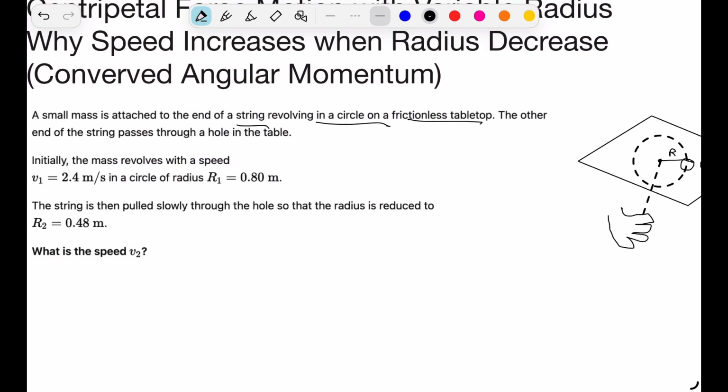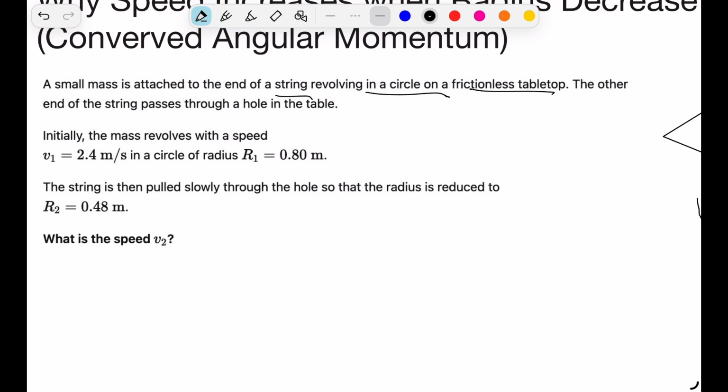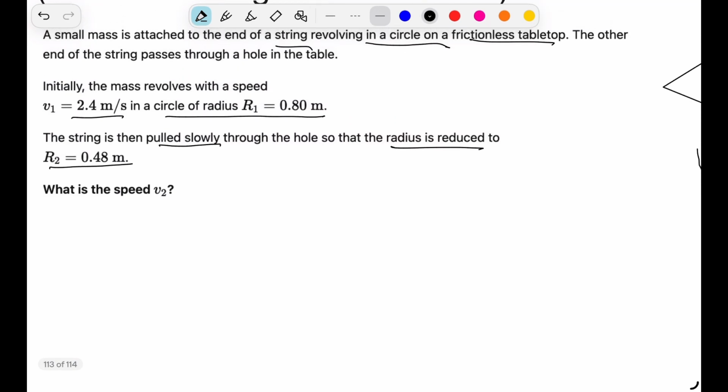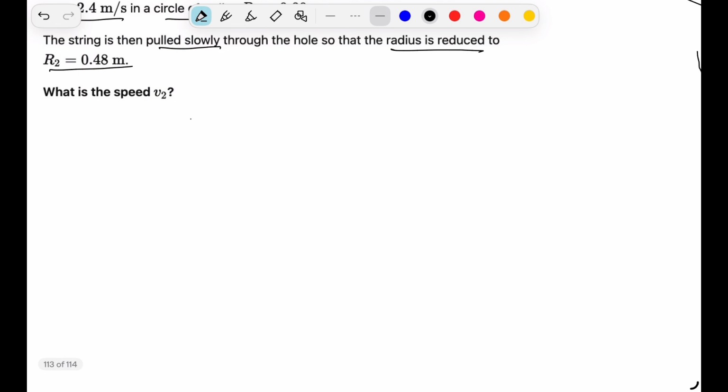So initially the mass is going to revolve around with a speed of v1 equal to 2.4 meters per second, in a circle of a radius r1 equal to 0.80 meters. Then the string is pulled slowly through the hole so that the radius is reduced to r2 equal to 0.48. So we are going to have a variable radius, and we're going to see how this is going to change. So in this situation, we are going to have no external torque